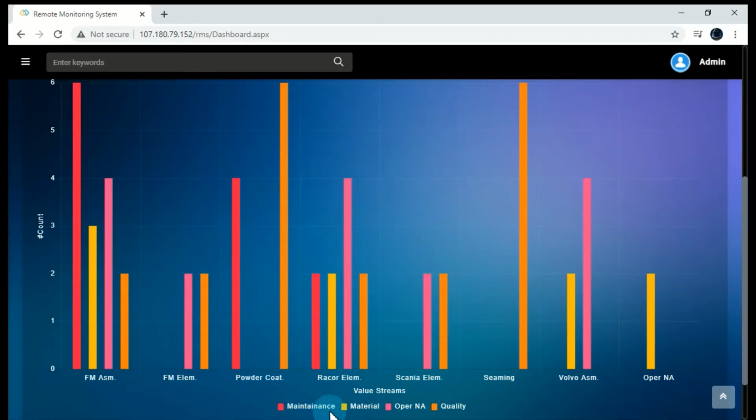You can see the legends at the bottom of the graph: material, operator NA and quality. For some of the value streams, you may not see the bar charts because no incident has been reported in that particular value stream.